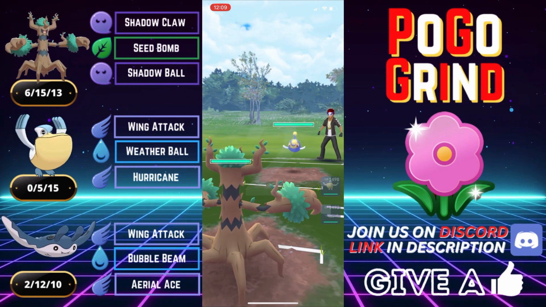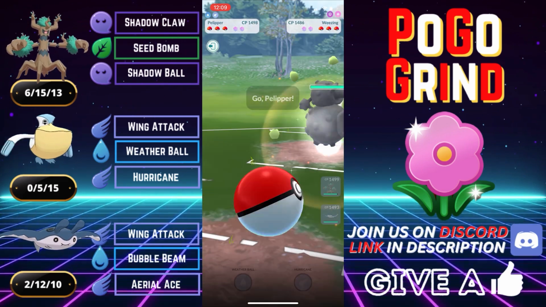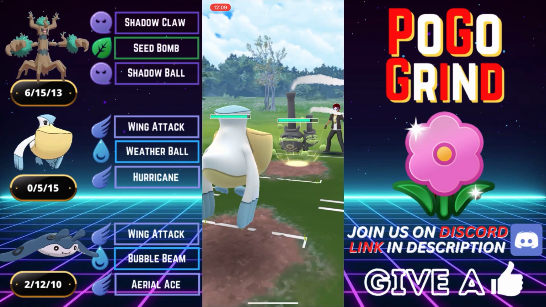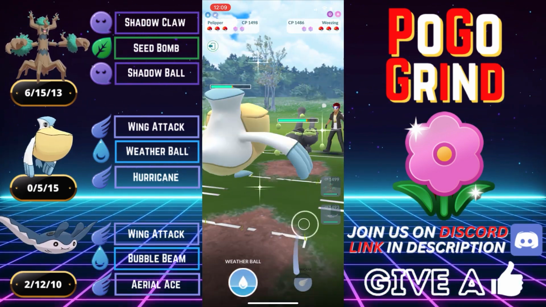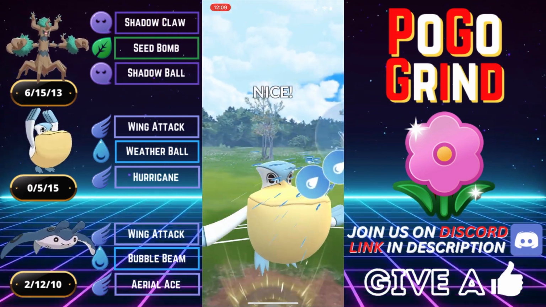Here we go, picking up a juicy Lantern lead here. They swap into a Galarian Weezing, and we meet this with Pelipper. Pelipper can match the pace of this Weezing here, and we will do just fine. No problem. Pelipper dominates Weezing in the 2-shield, and we will play out the 2-shield if necessary, because we absolutely